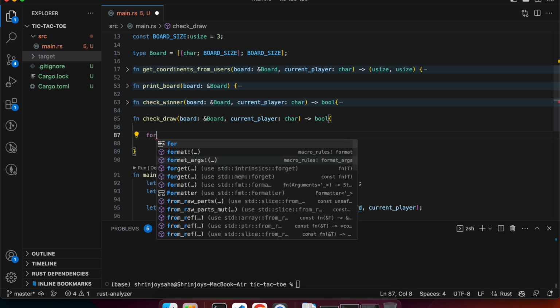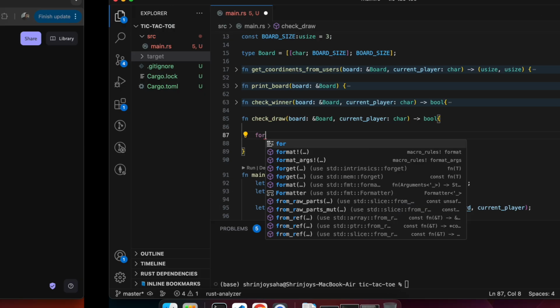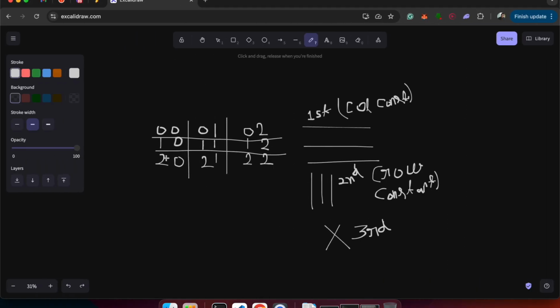So here we will check if any of these coordinates is blank or not. If any of these coordinates is not blank, then it's a draw,